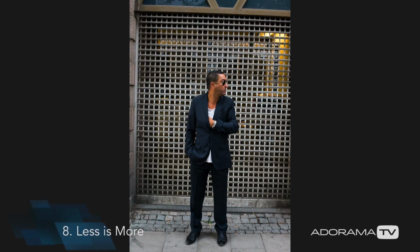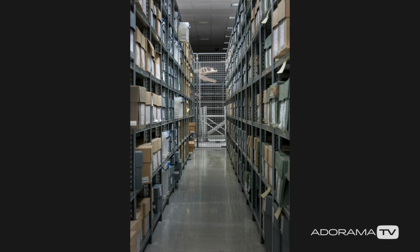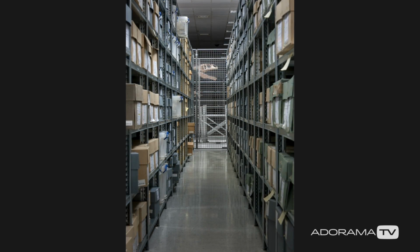Number 8. Less is more. Compose your photographs using the background as an integral part of the shot, choosing a surrounding that's not only interesting, but also adds to the story contained in the frame. Keep it clean and uncluttered. The same applies to the edges of your photographs. Frame and reframe to choose carefully what to include in your photographs, and the easiest way to do this...